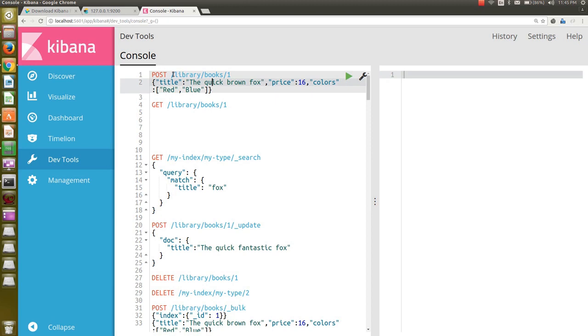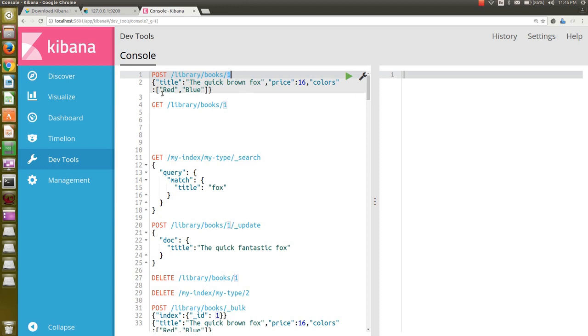The basic concept behind creating a document in Elasticsearch is you have to define an index. You can relate the index to a database in the relational world, Oracle or MySQL, and a type. You can relate a type with a table, and this is an ID, and you can relate an ID to a primary key of any record in the relational database world.